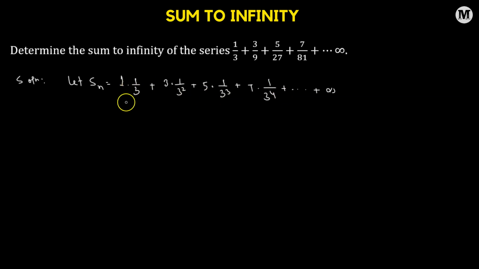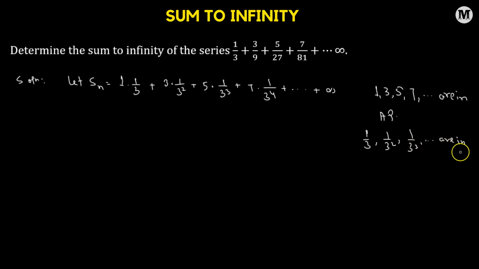Now the reason why we wrote each of the terms in this particular fashion is that here we can see that 1, 3, 5, 7, these numbers are going to be in arithmetic progression, and we have 1 over 3, 1 over 3 squared, 1 over 3 cubed. So these terms are going to be in geometric progression. Fine. Now, for this geometric progression, the first term is 1 over 3,